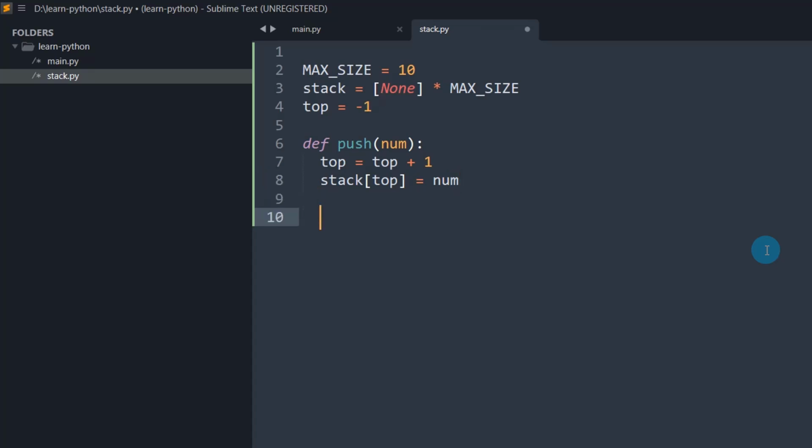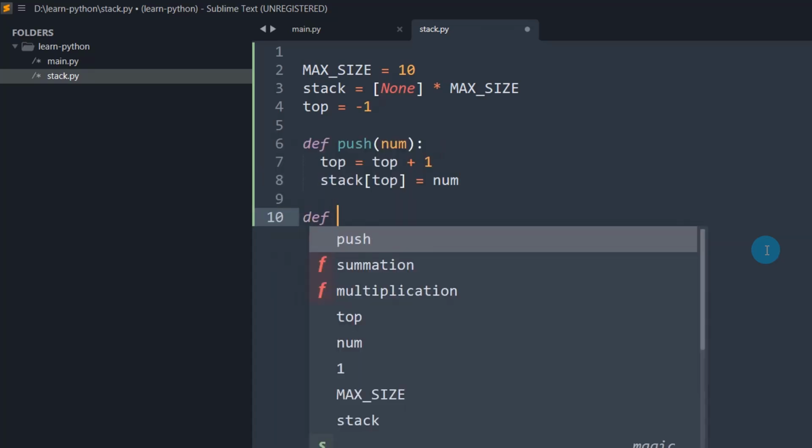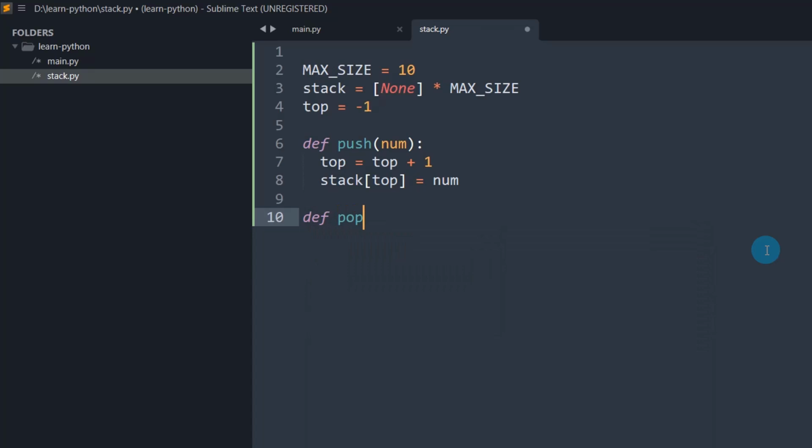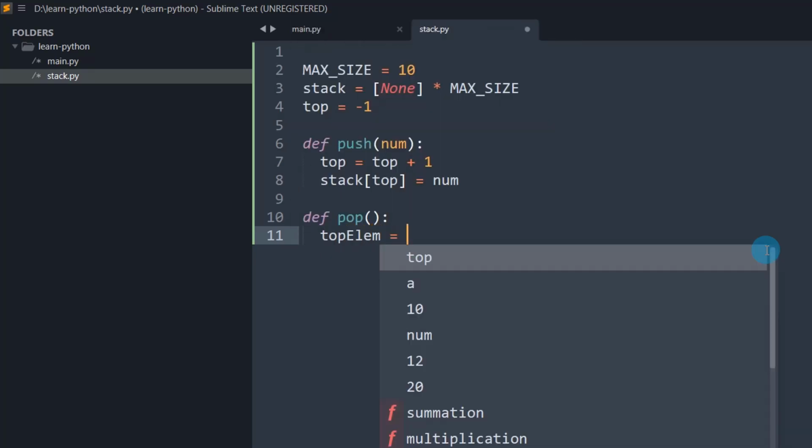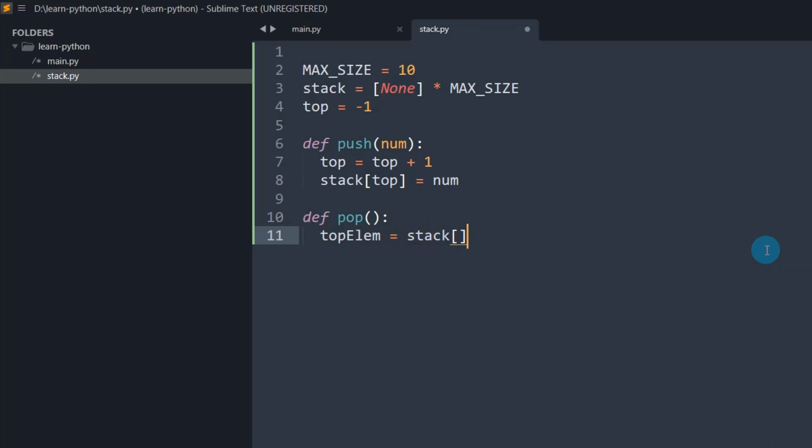Okay. Similarly, we will implement the pop operation. So what is the pop operation? Pop is a function which does not take any arguments. It just returns the top of the stack after removing it from the top. So what we need to do in this function pop, we need to store the top element. Let's say I am calling it top element equal to stack of top.